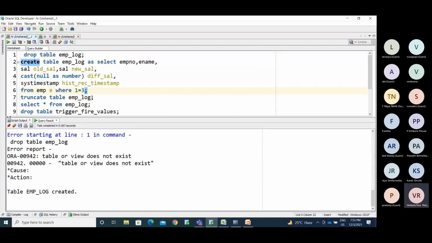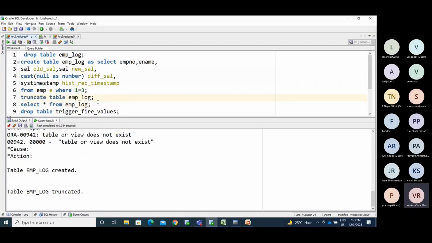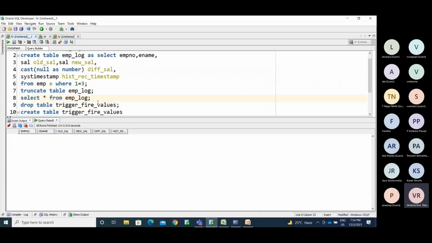I'm creating these tables and don't have any information yet. I have created the table with employee number, employee name, old salary, new salary and difference salary. If you update 100 to 1000, the difference salary is 900, and we will get that. The history record timestamp records when the data is inserted into the history or log table.